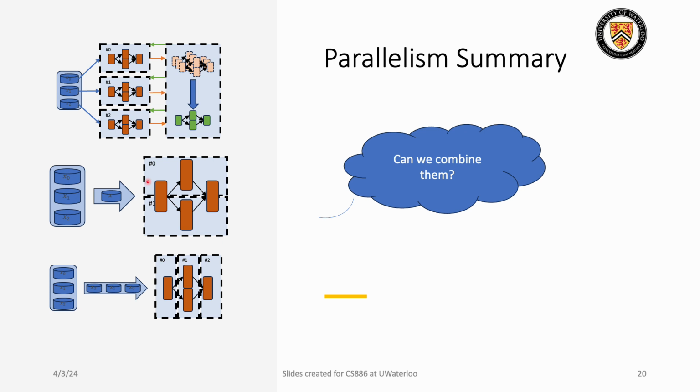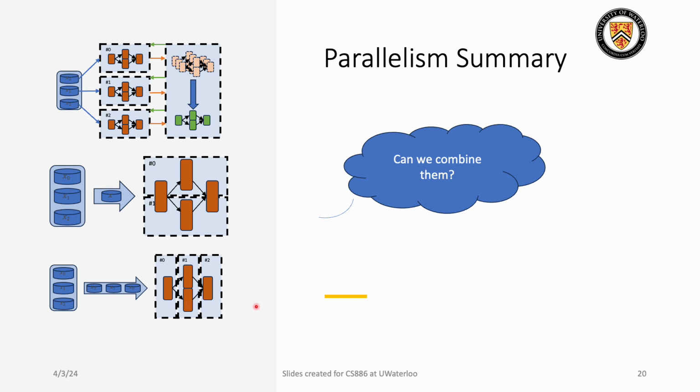So in summary, we can split the data and not the model. We can just send the data to multiple devices and keep the model existing on every device and do the training. That is very fast. We can split the model horizontally, so every layer is split, and we can give it the whole batch at once. That is very communication intensive, but the lowest memory footprint. And we can split it vertically like this and feed the batches to it sequentially. That is also very high memory efficiency and the lowest communication